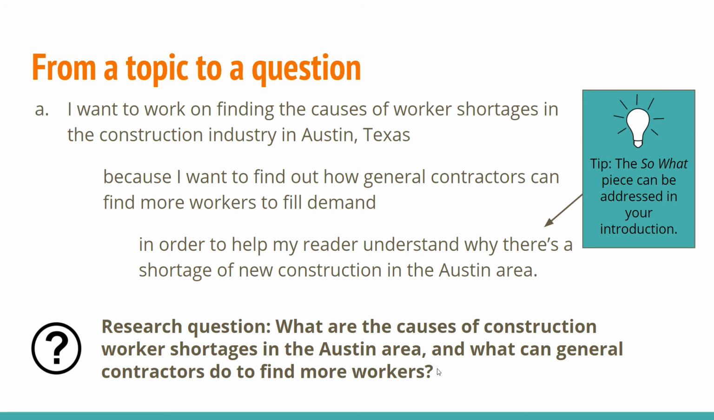So you can take those two and frame it as a question, and you can ask, what are the causes of construction worker shortages in the Austin area? And what can general contractors do to find more workers? So this one happens to be a two-part question, okay? There are two things that we're trying to find there. We're trying to determine what the causes are, and then we want to come up with a list of suggestions